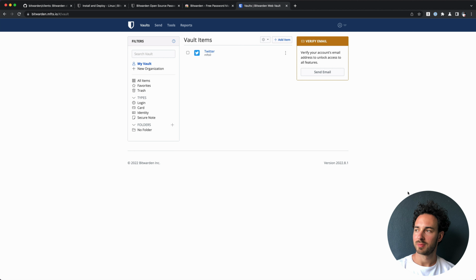That's pretty cool. So big shout out to all the people at Bitwarden who are working so hard to make this open source password management solution a joy to use. And it's really progressing a lot. So I'm glad that they're working so hard on this, and hope that the install process helped you a bit